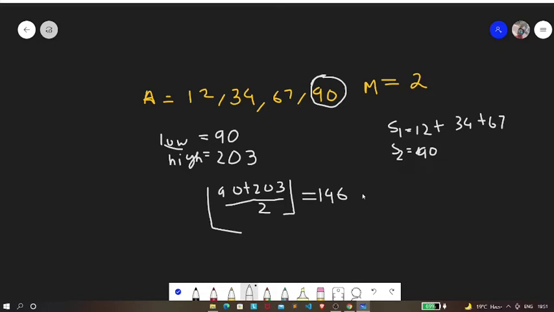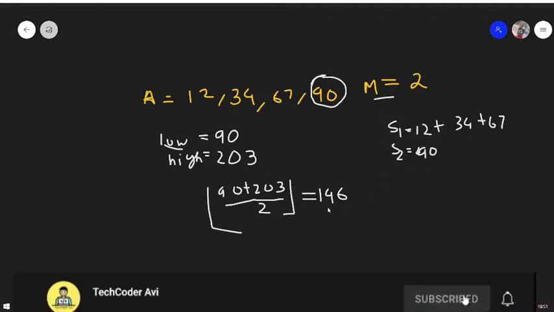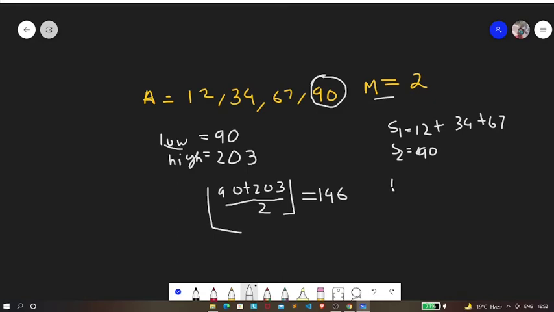So over here we found that we can actually distribute these books among these two students such that their max sum doesn't exceed 146. So if this condition is true, let's consider ns, that is the number of students that we can distribute among. So if this ns is less than or equal to m, okay, so let's say that it may happen that in this 146 only one student can get all the books, right? It's satisfied. If this condition is satisfied, what do you think we need to do?